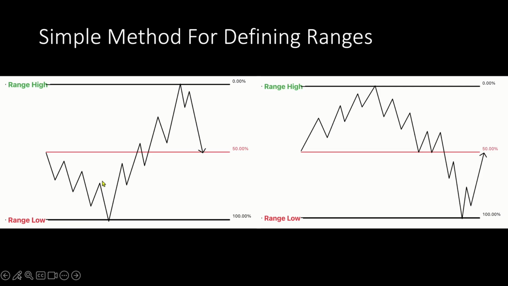Meaning that from this low right here, an expansion leg took place. Higher prices were delivered. Between this low and the ultimate high that forms here, we can measure premium to discount. We can measure the dealing range. Why? Because this was an impulse swing right here. This expansion occurred from this low, and this reversal or retracement that is originating from this price level right here